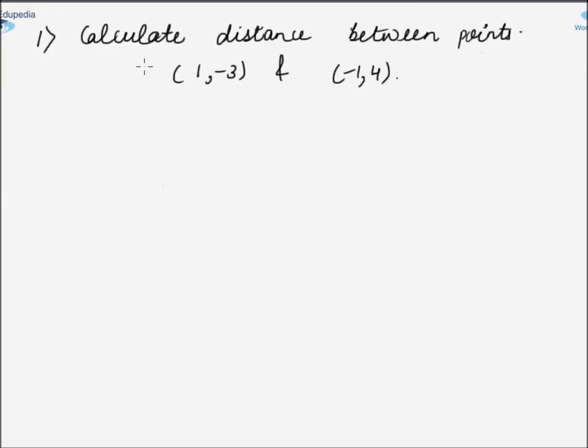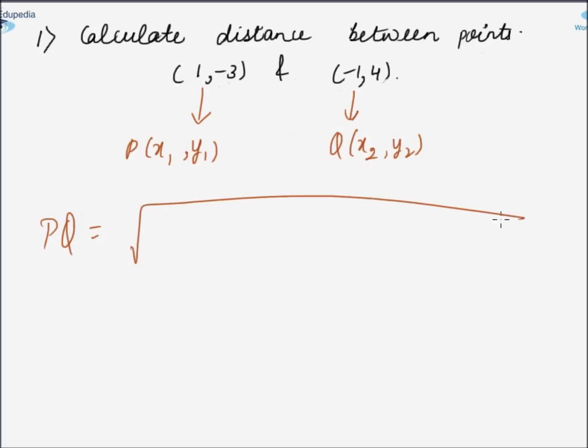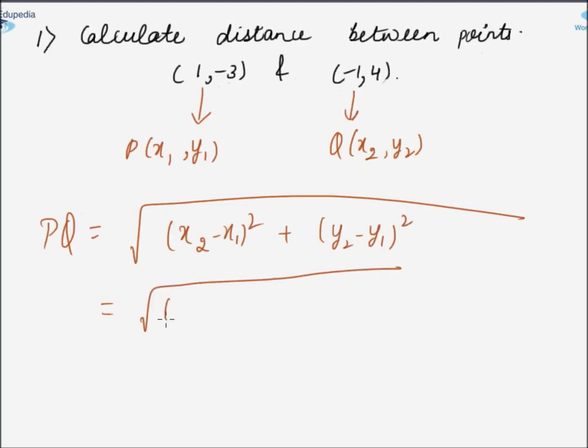Here we are asked to calculate the distance between points. Friends, let us denote this point by P (x1, y1) and this point by Q (x2, y2). Then according to the distance formula, PQ is equal to (x2 minus x1) whole square plus (y2 minus y1) whole square. That is, minus 1 minus x1 is 1 whole square plus y2 is 4 minus y1 is minus 3